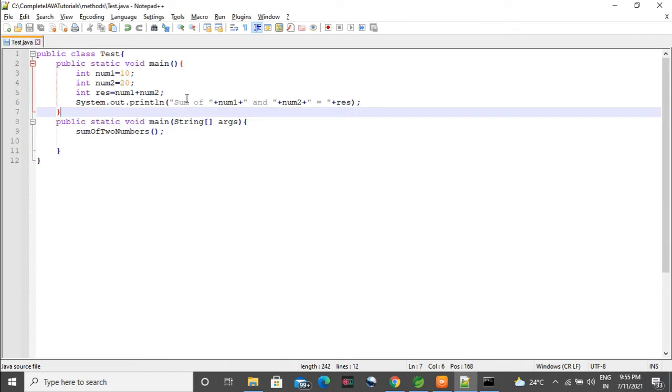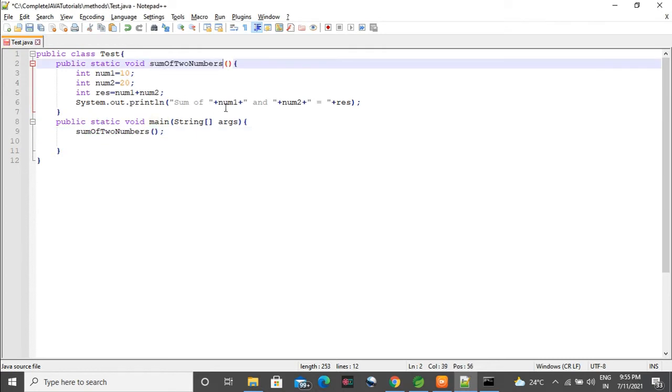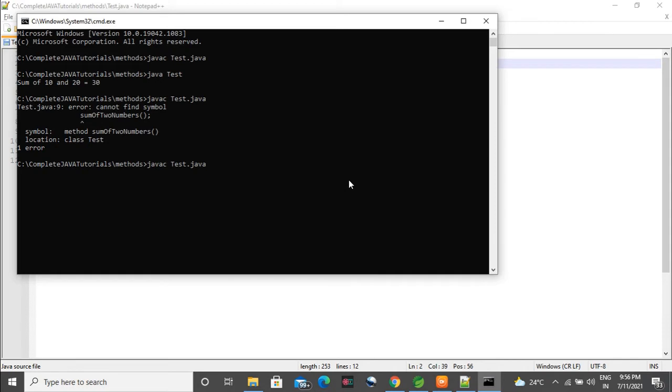Oh, we have written main, but we should write sum of two numbers in the method name, because we are calling the sum of two numbers method, and there we are passing main. That's why. Okay, so we will compile it again. Now it should compile successfully. Yeah, it has done. So we will run it, java test, and yeah, it has done.